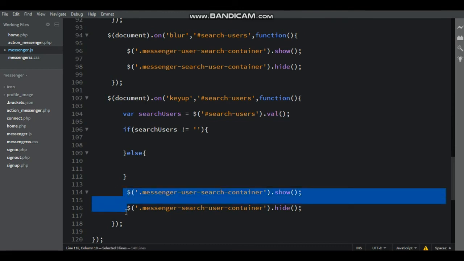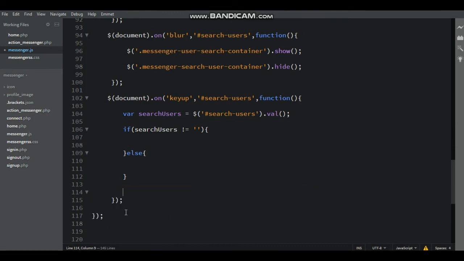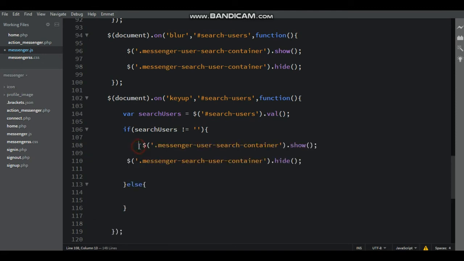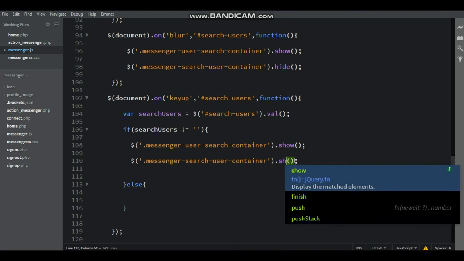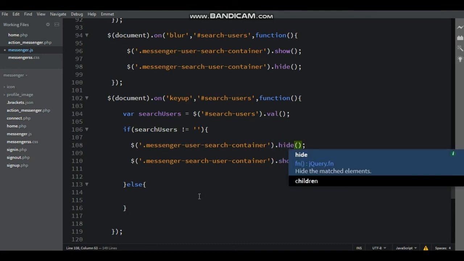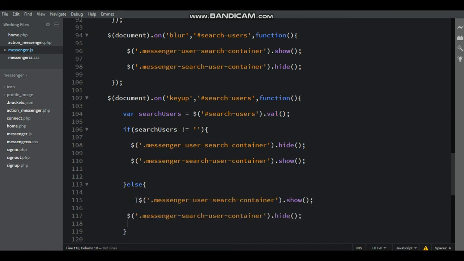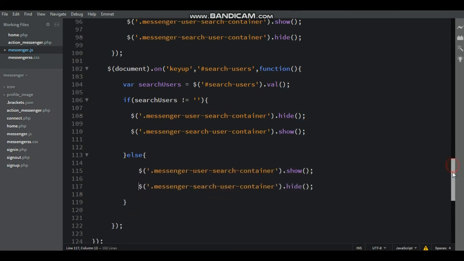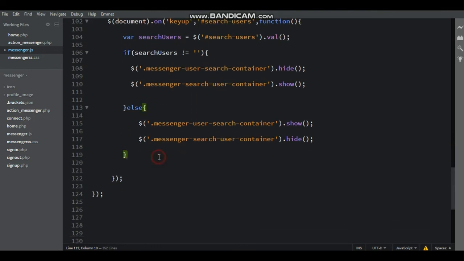Here inside if function, here that is search user not null, here messenger user search container hide, and then messenger search user container show, that is chat user hide and then search user show, and else that is reverse.